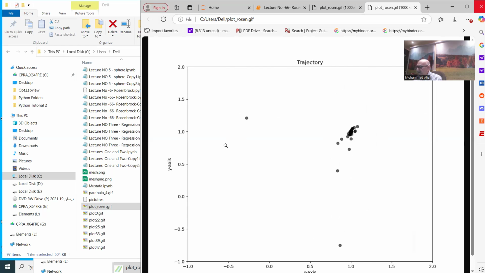I think the lecture has become too long. I have to stop today. In the next lecture, I shall try to show you also in more detail about this function and how we can animate the process in three-dimensional space, and how we can do analogous work by using